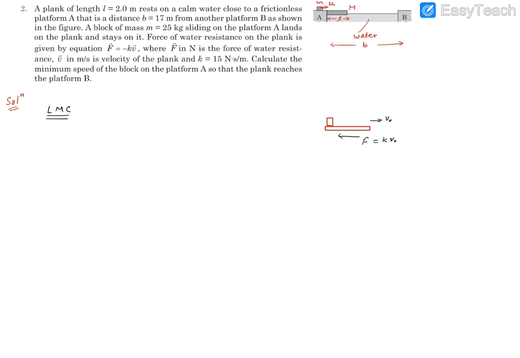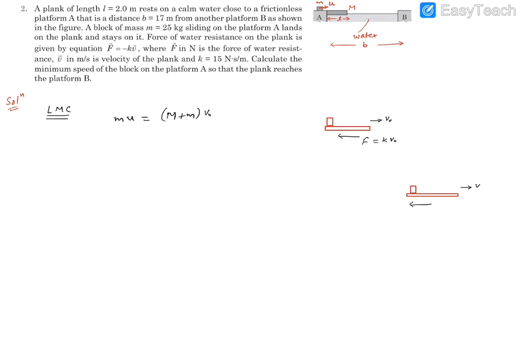So linear momentum conservation will give us small mu is equal to (capital M plus small m) v0. So that's one relation. Now, this is just after landing, and once it is moving, later at any time t we can draw the picture again. So this was the situation just after landing, and then later on this is the case.